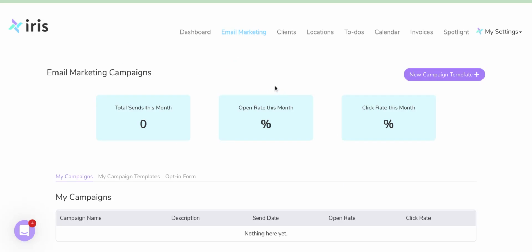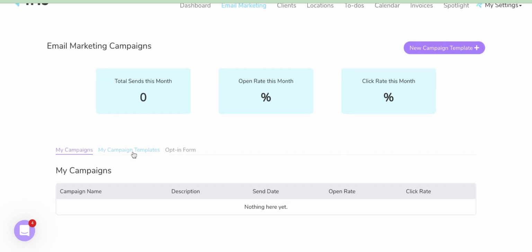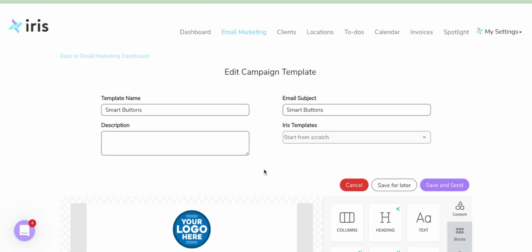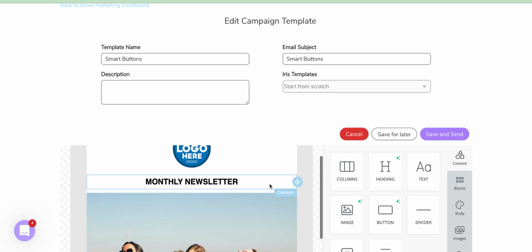Hi, in today's tutorial, we are going to talk about smart buttons within our email marketing campaigns. So you will go to email marketing. We can create a new campaign template, or you can go to an existing template. For the video purposes here, I am just going to go into my campaign templates. I'm going to go into one of my existing campaign templates, and so we can just demonstrate exactly how a